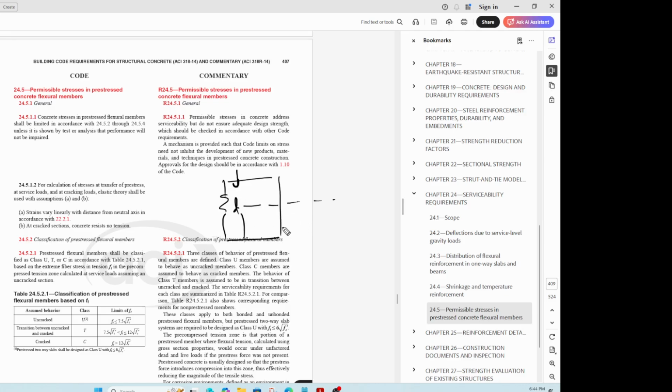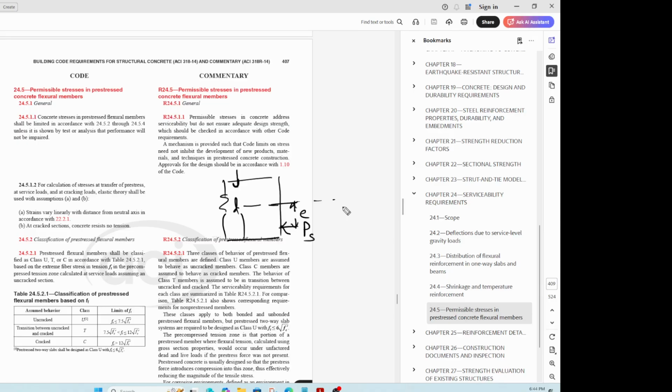This is the neutral axis. Here is where the reinforcement was initially under tension, and you cut it, so it is going to apply a compressive force. So there is an initial, let's call it a pre-stress force, which is being applied, and that is being applied at an eccentricity, obviously, meaning from here to here is your eccentricity value,